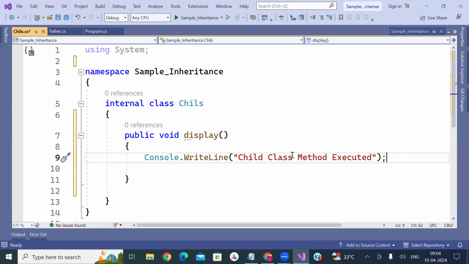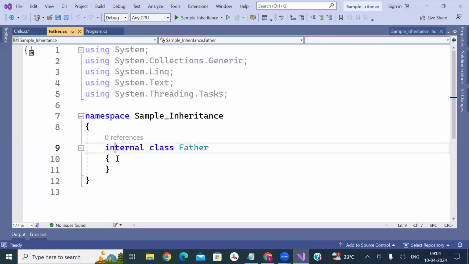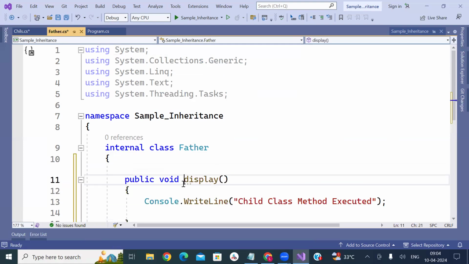Same way, the same method I'm going to write in the father class. I simply say father display.